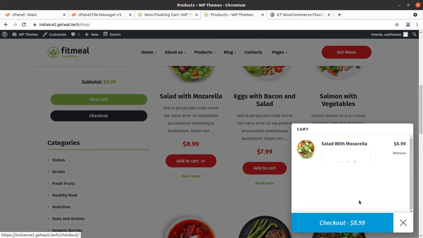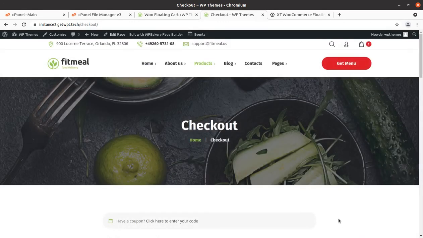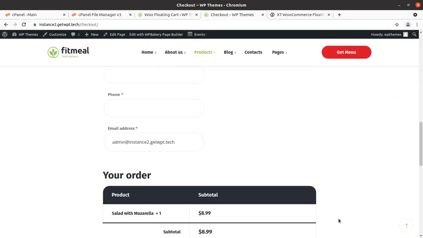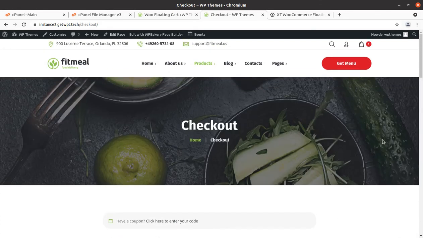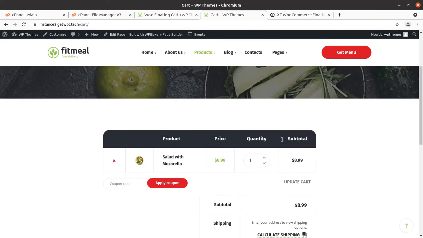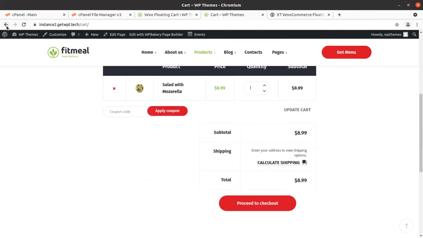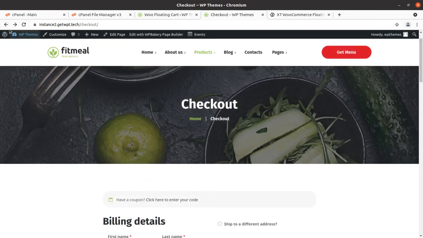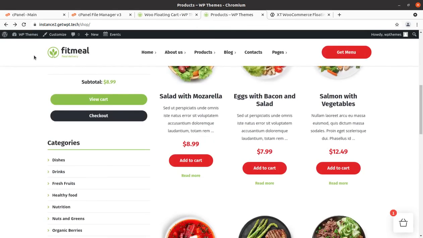It is a very interactive checkout, and checkout can be done directly from here. It is definitely going to increase the visual experience and visitor experience as well. I believe this product is going to be helpful for your WooCommerce website, and you are going to use this. Just follow the link given in the description of this video to get this plugin.